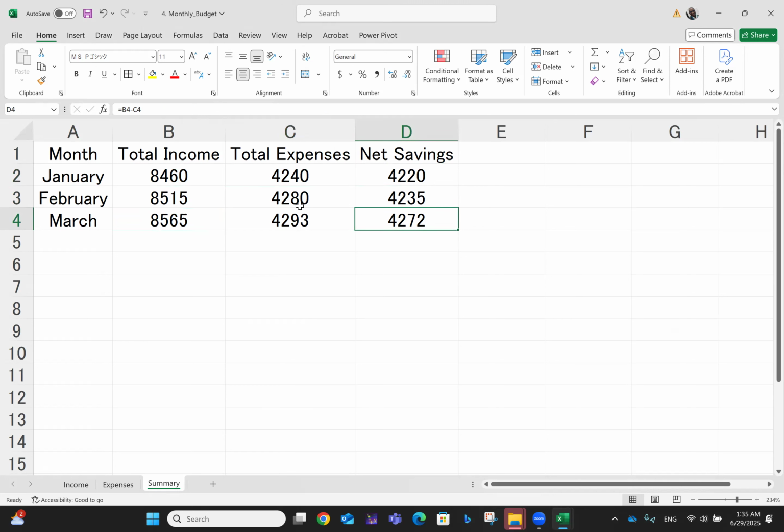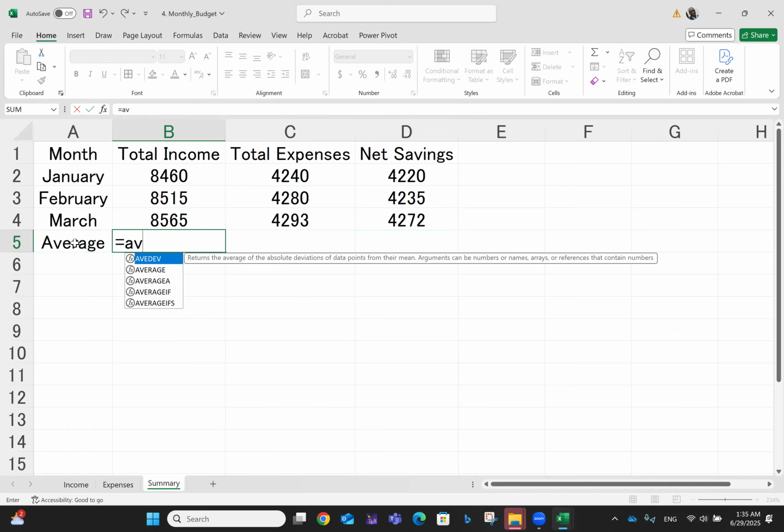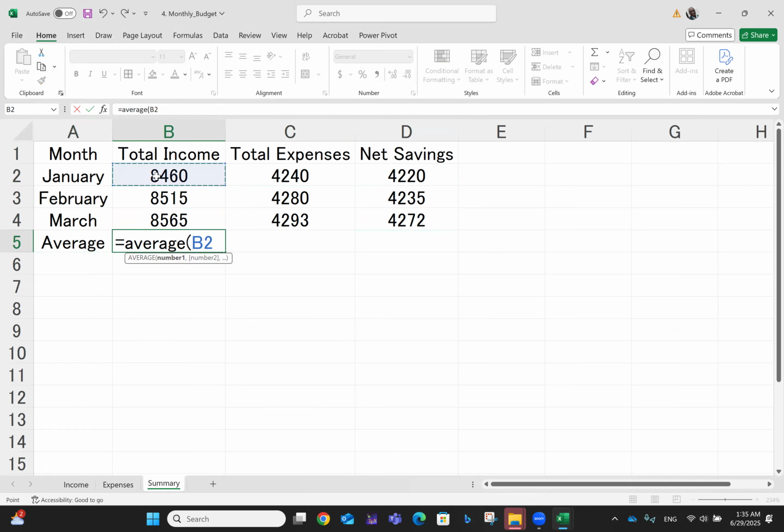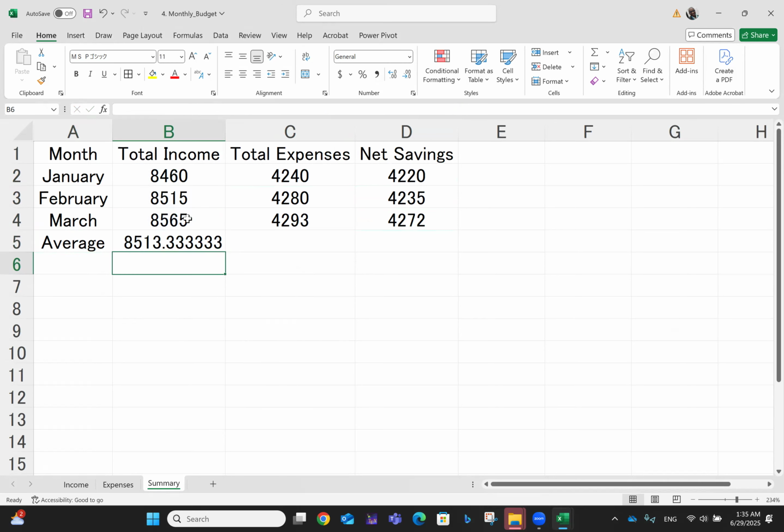So you can know your average income, your average expenses, your average savings, if you like, across the month like that. Let's even do that. So average. So we just want to get average of each. So you just say is equal to average, open brackets, this one, then of course delete this back, and then this, enter. So it means average total income is